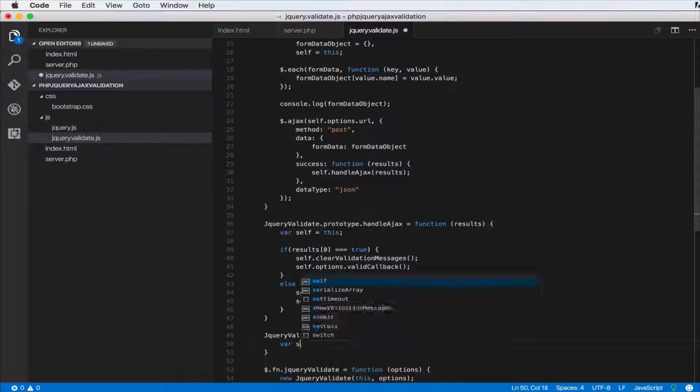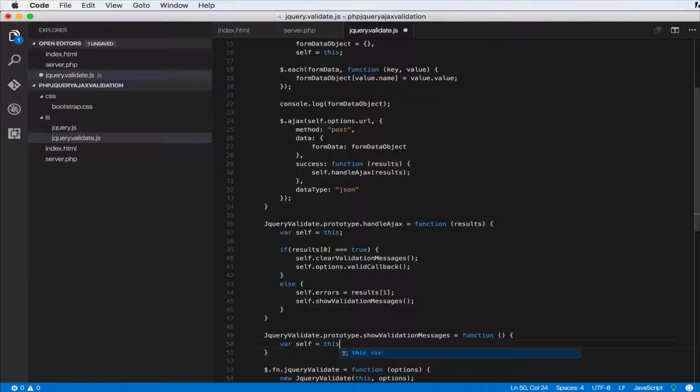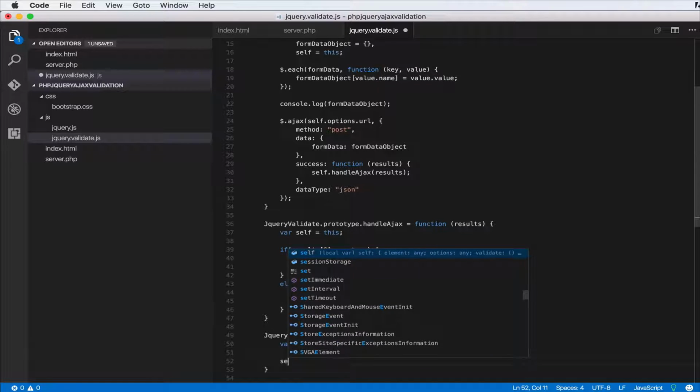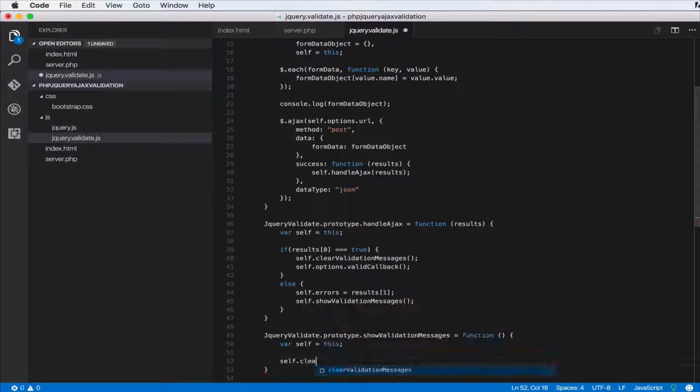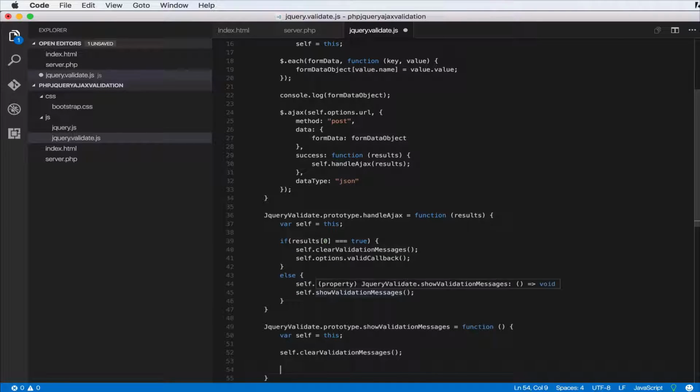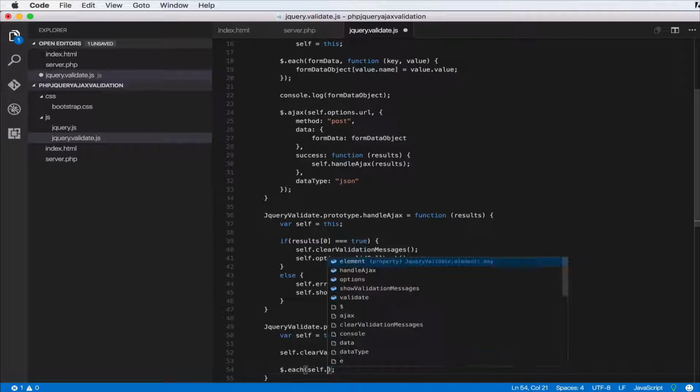And as usual, let's do var self equals this. We cache the instance, and let's do self.clearValidationMessages. First, that's what we need to do before we write the messages. All right, so let's do $.each. Let's loop over all the errors. Okay, so let's do self.errors,